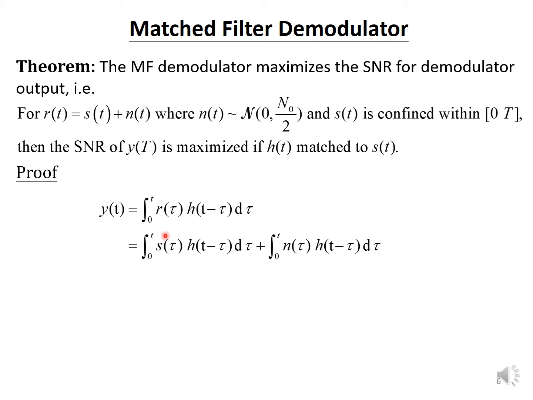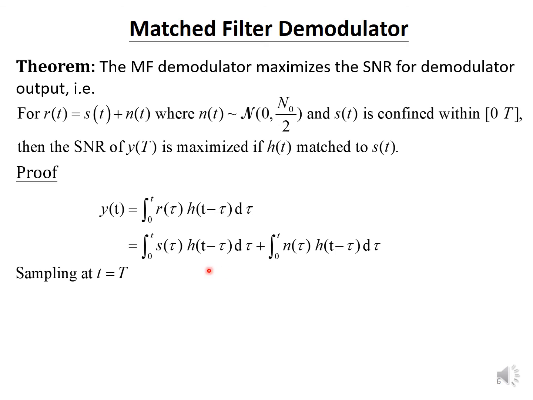That is the transmit signal and the noise. So this contains two parts. And then in this matched filter